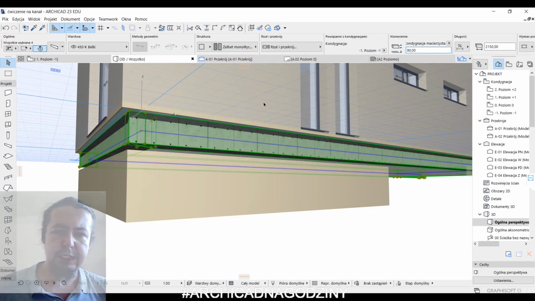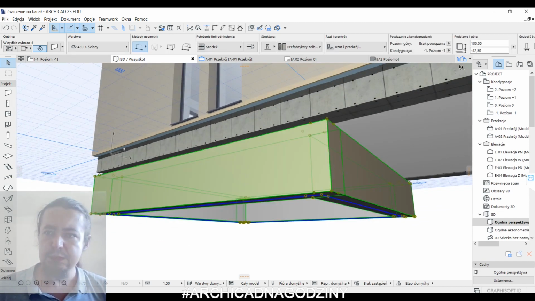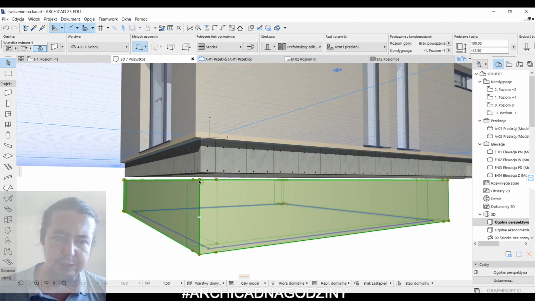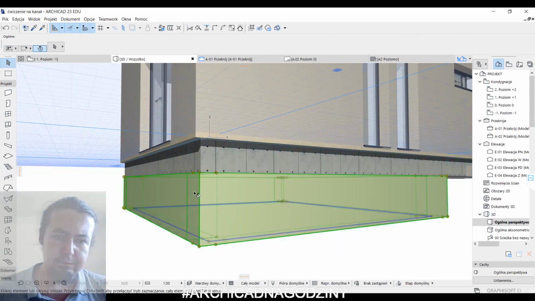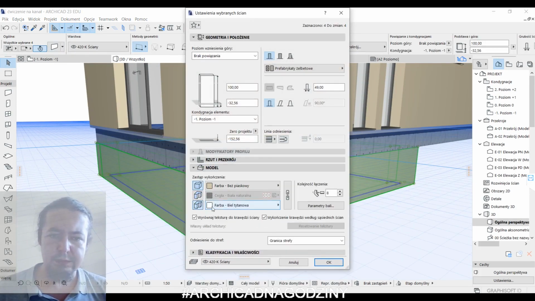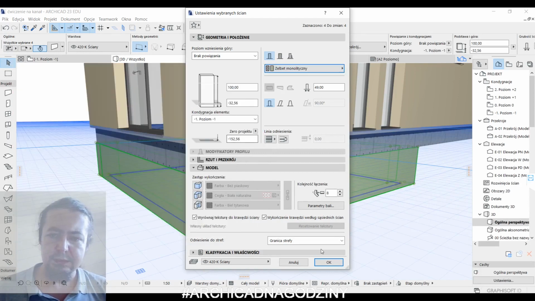90? Yeah, that should be 90. That should be 90, and that should get here. Okay. Now we will change it to the reinforced concrete,